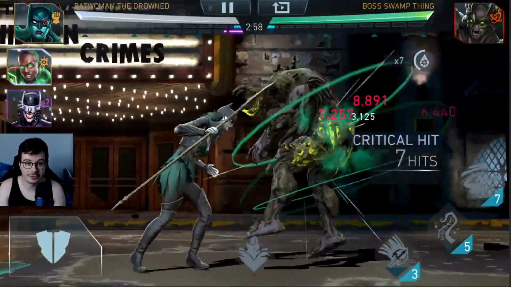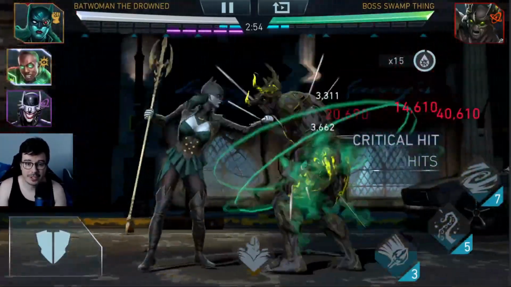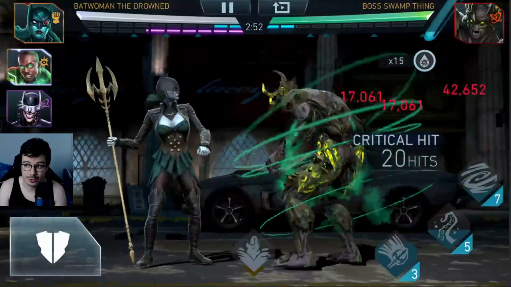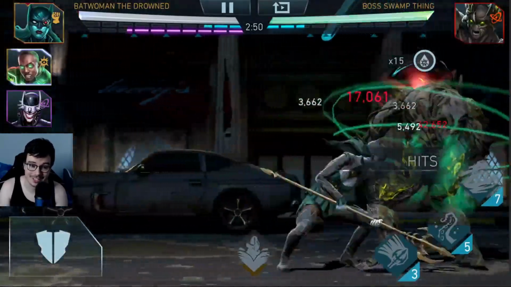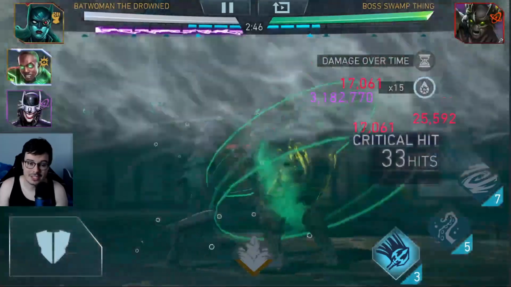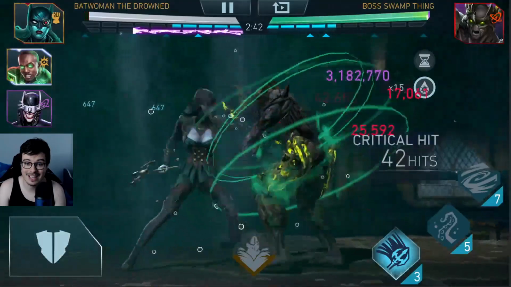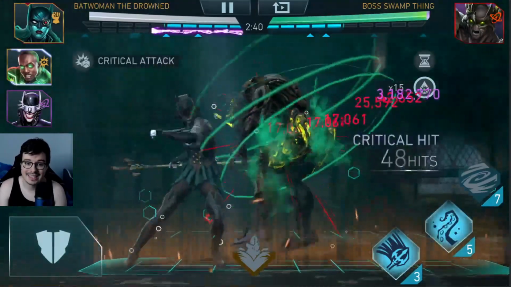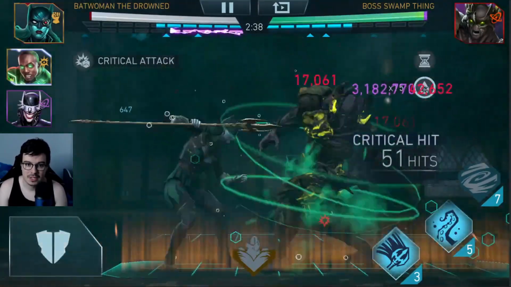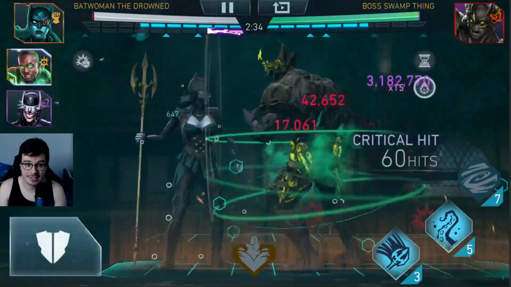So we're going to start off with Battle Drowned against Boss Swamp Thing. Boss Swamp Thing over here is going to have lethal resistance, which we don't care about because we don't do lethal damage with the Dark Metal team, and he's going to have dot resistance, which is okay because we deal hazard dot damage and not actual dot damage. So we're going to start off by doing 3.1 mil damage, and that's not our final